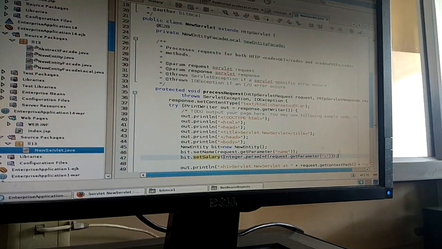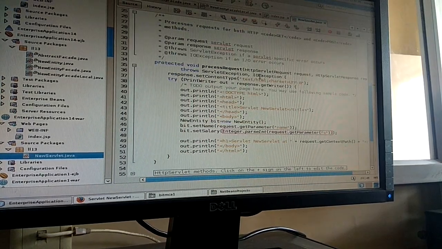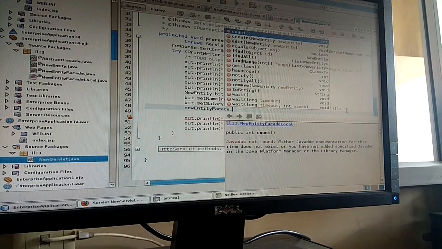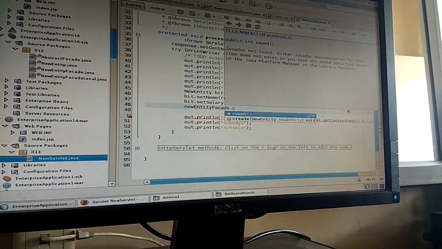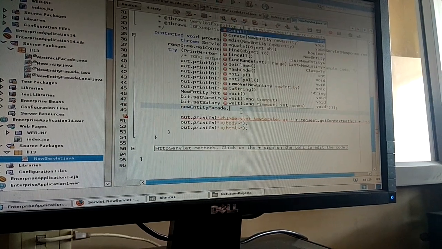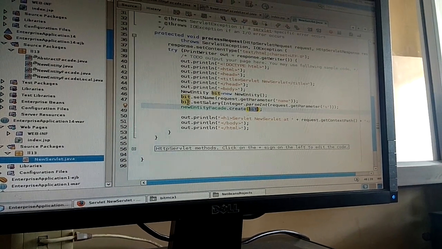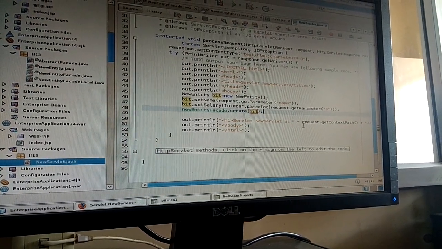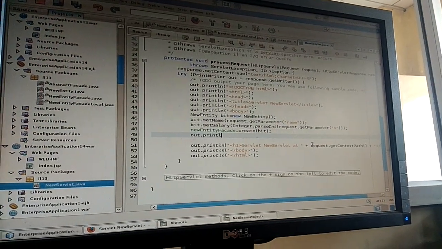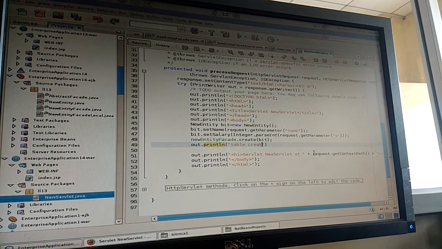Once we have done that, what we have to do is take whatever object has been created, new entity bean dot create. You have to give it as create. It will take by default whatever object we have created. Just for verification's sake, I will give one more statement. Out dot println, I will give the statement table created